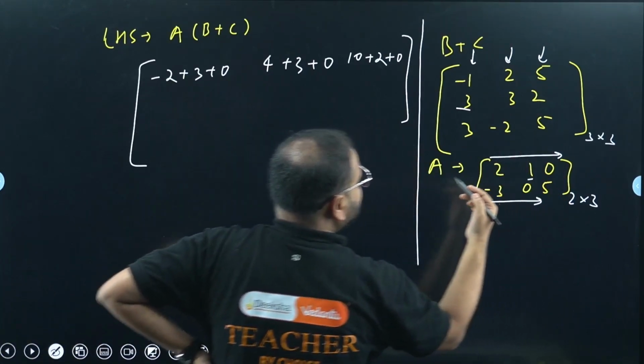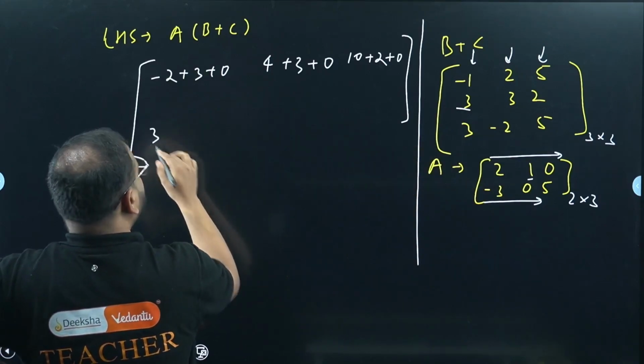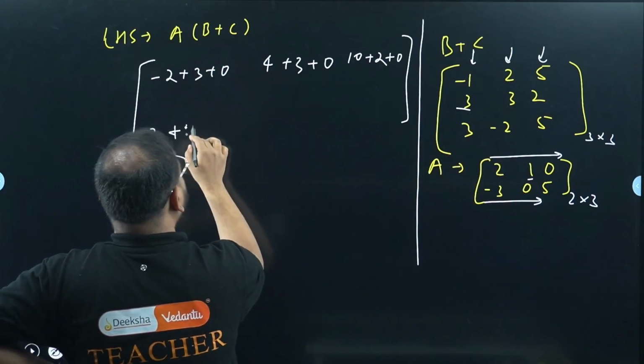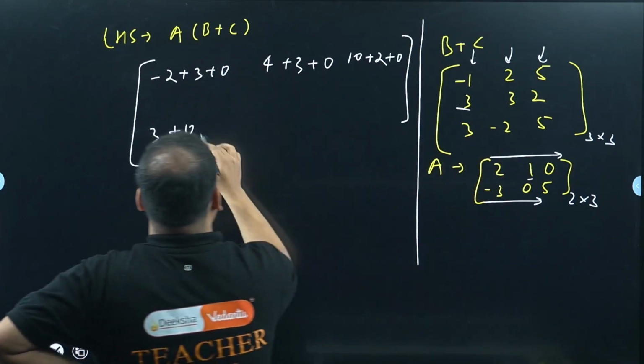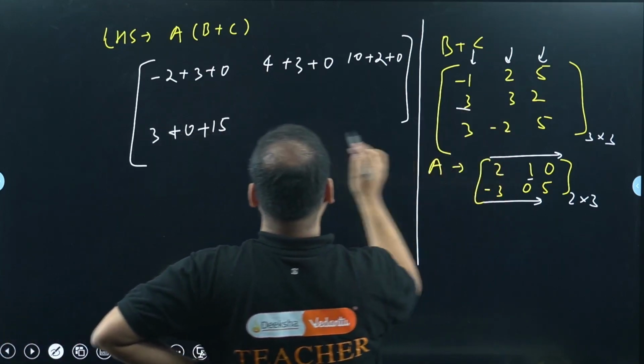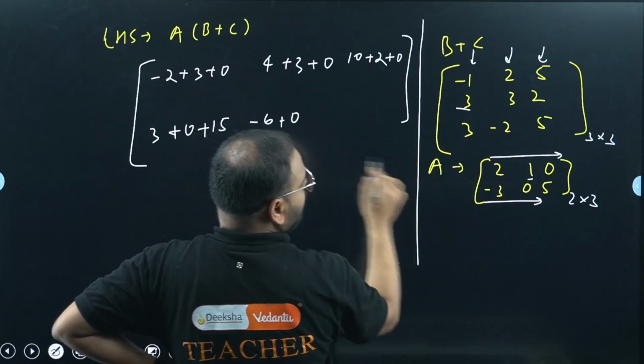I'll take the same thing with second row. Second row: minus 3 times minus 1, so plus 3. Minus 0 times 3 is just 0, and 5 times 3 is 15. Quickly check here: minus 3 times minus 2 is 6, 0 times 3 is 0, 5 times